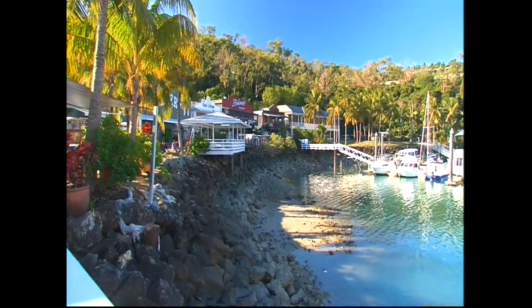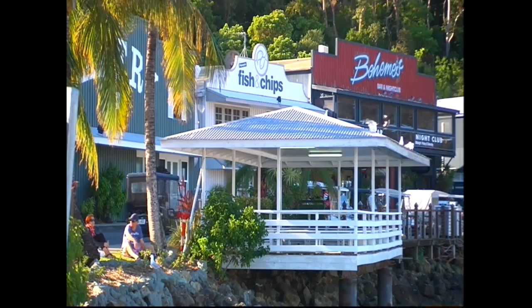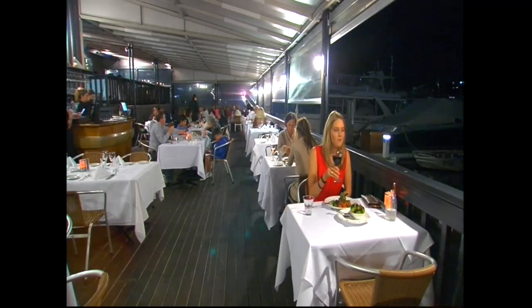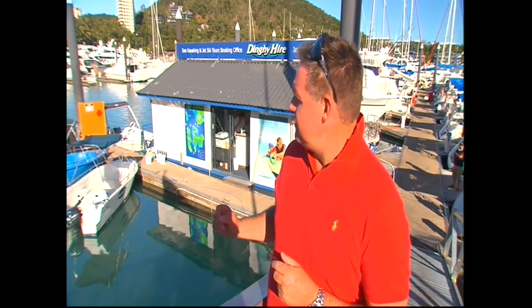Along the boardwalk there are shops, bars, nightclubs, yacht club and restaurants including Romano's. It serves up fresh seafood prepared with an Italian flair. Delicious. As well as some magnificent restaurant and accommodation options that Kim mentioned, this place also has some other essentials,